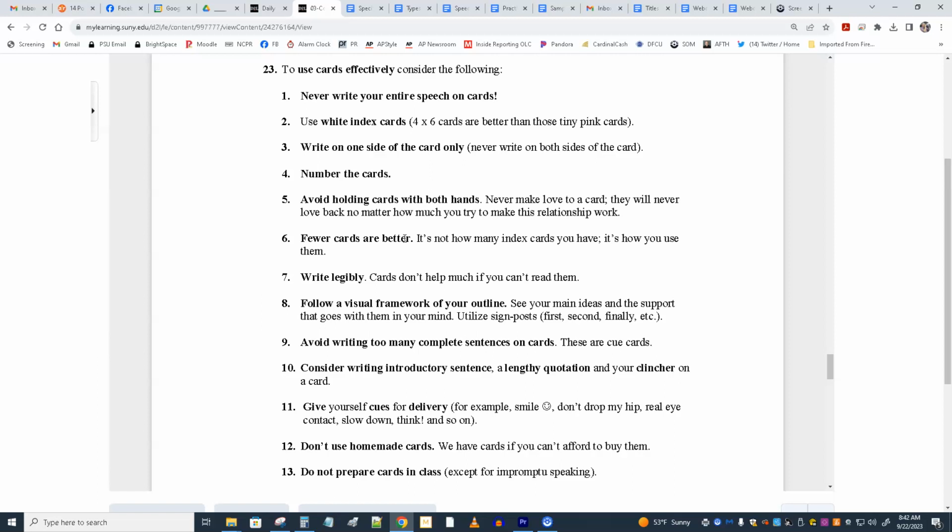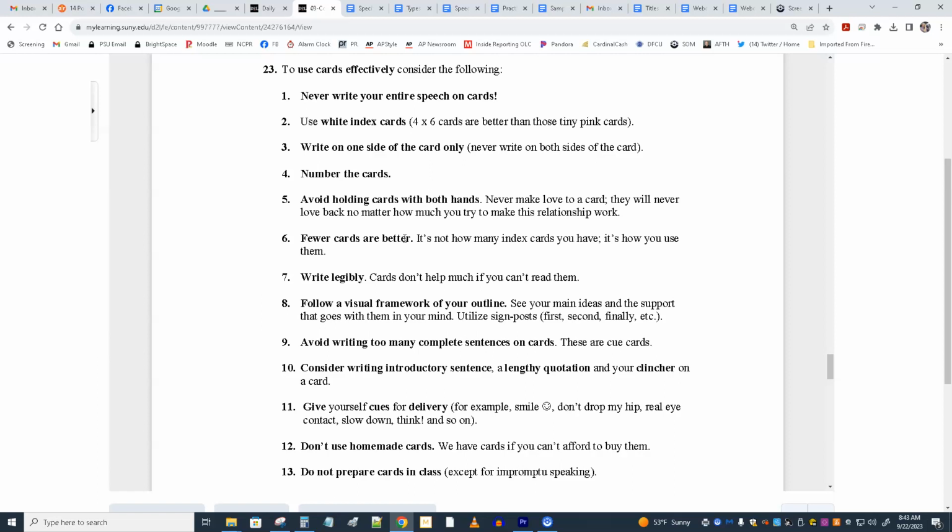So please review these tips, and actually requirements, I would say, more than tips. You don't write your entire speech on the cards, it's only an outline. You use the actual cards I gave you, white index cards, and you only write on one side. I suggest you hold them vertically. You number the cards in case you drop them or mix them up, so you can keep them in order or reorder them, right? You will probably have no more than about five index cards. If you have a lot of sources and other information you want to note as bullet points, I suppose you could have six, but you may have less than five.